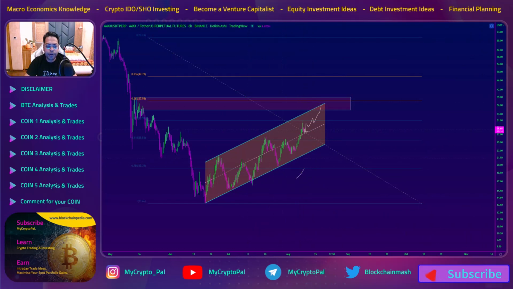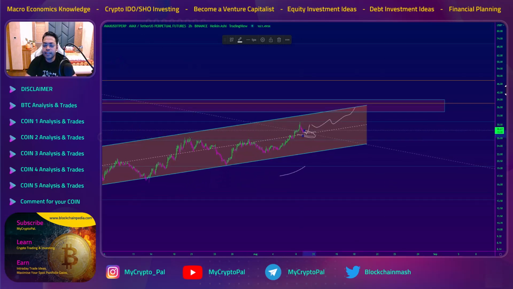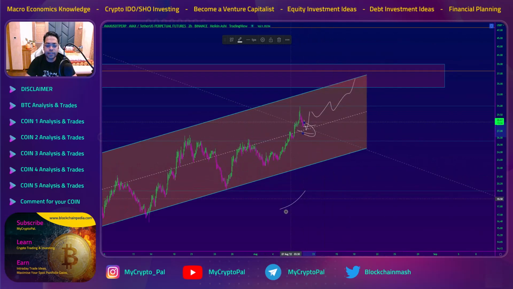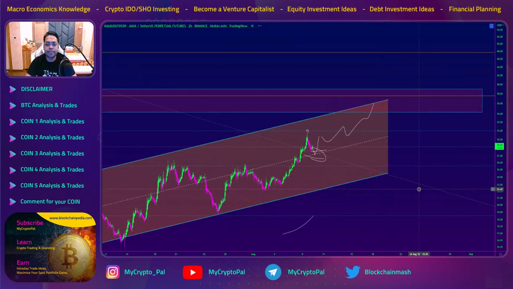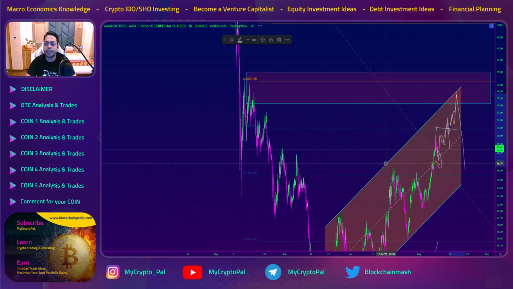So I would want to long AVAX somewhere in this region, and I would then target the top of the region, or at least a higher high than this high, because you can see that there is a wick over here which needs to get fulfilled. Once that happens, it puts in a higher high and falls down, either with this swing failure pattern, or if it breaks and touches the top, then for sure I'll try to target the top of the zones.